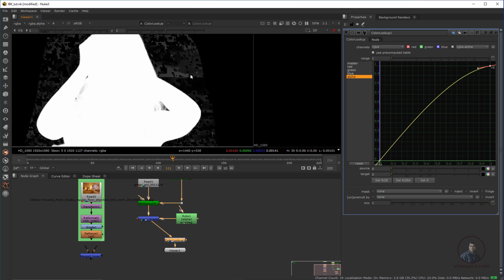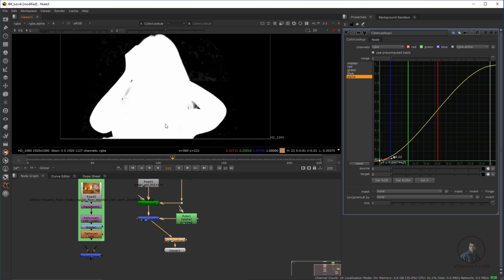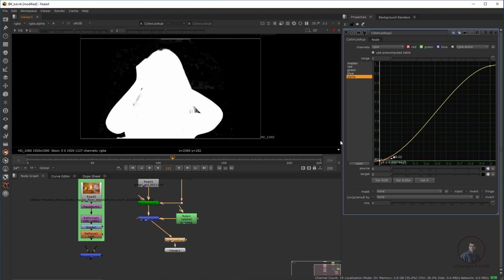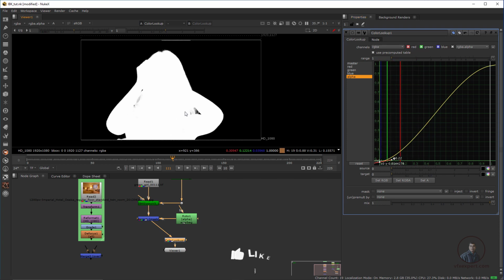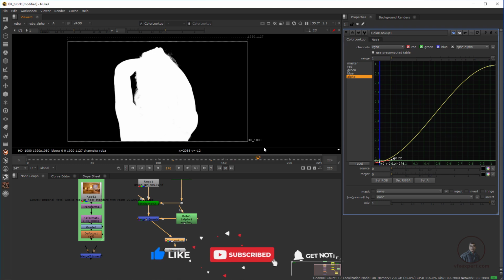Now again I'm going to adjust this one, then we have to adjust these black values. Not too much, remember we have to maintain all details here. I think this is looking good. Now you can easily see all details are here, everything is here.